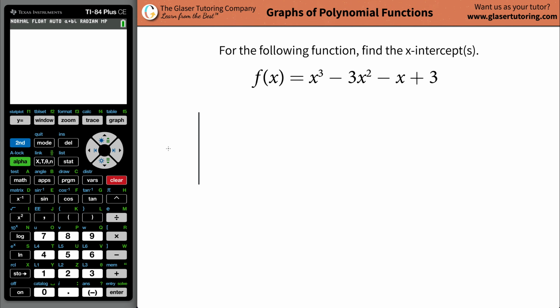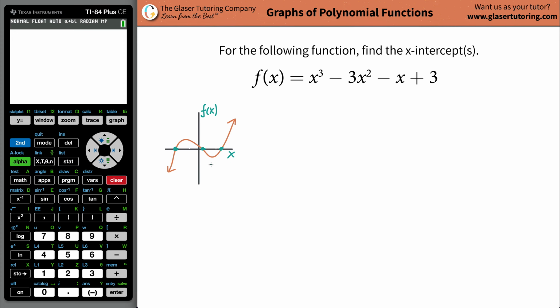So the first thing is we have to understand what it means to be an x-intercept, right? So pretend you have some cubic function. Pretend it looks something like this, okay? And we understand that the x-axis is generally the horizontal axis and the y-axis is generally the vertical axis. You can also plug in f of x there for the y. It doesn't matter. But what it means to be an x-intercept is it means to be the coordinate values of